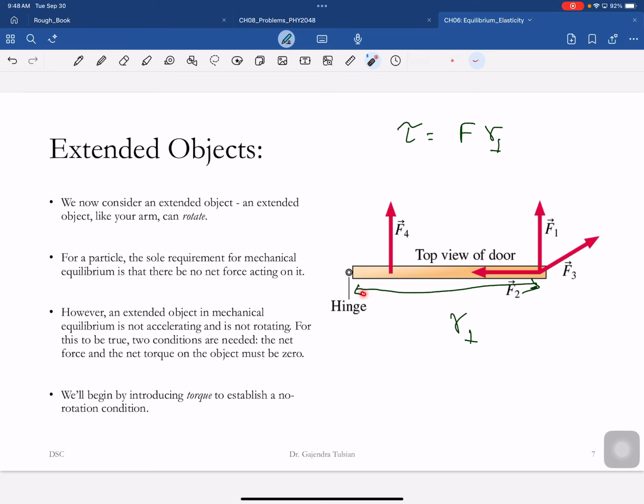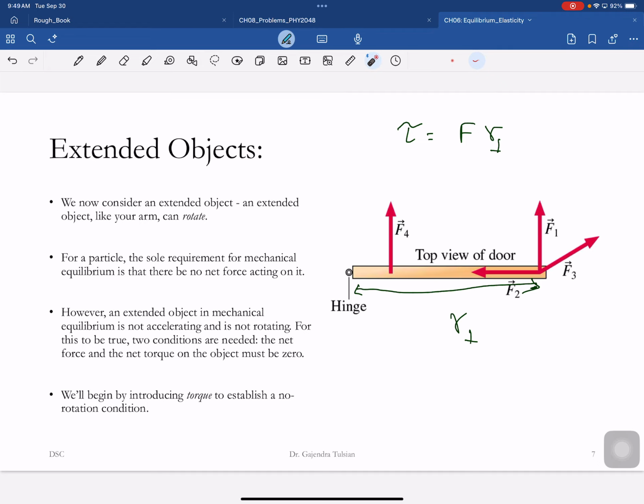All right, you see, the larger the moment arm, larger the torque, and more effective it is in turning the object. Okay? So if you're applying a force like this, then the moment arm is smaller and the torque is smaller. And that's why when you look at the doors, all the handles on the doors are put as far from the hinge as possible. Okay?